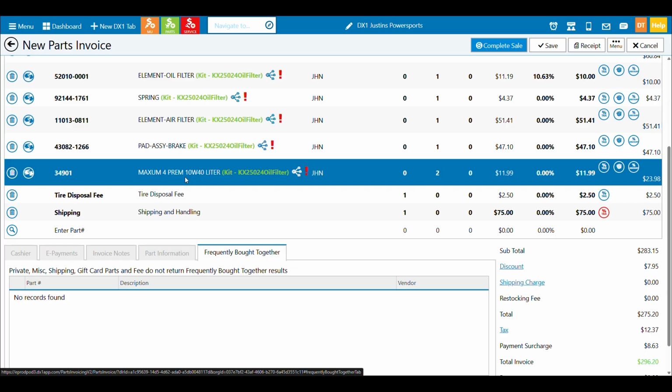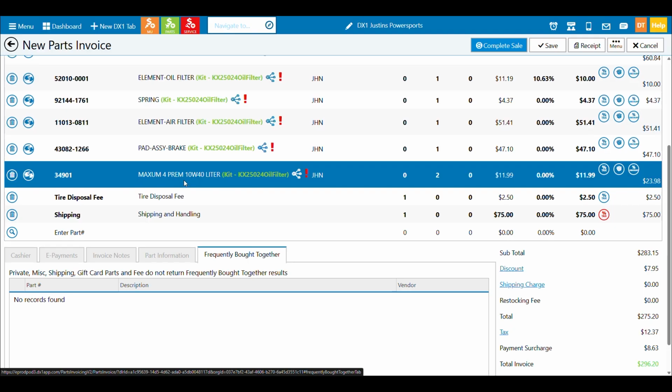That are bought with that for the authorized vendors I have. And that's a really great tool. Make sure to see your employees know how that works, because you can really use that tool to upsell and find out better ways to potentially stock better items that tend to get grouped together. So that's some great functionality.